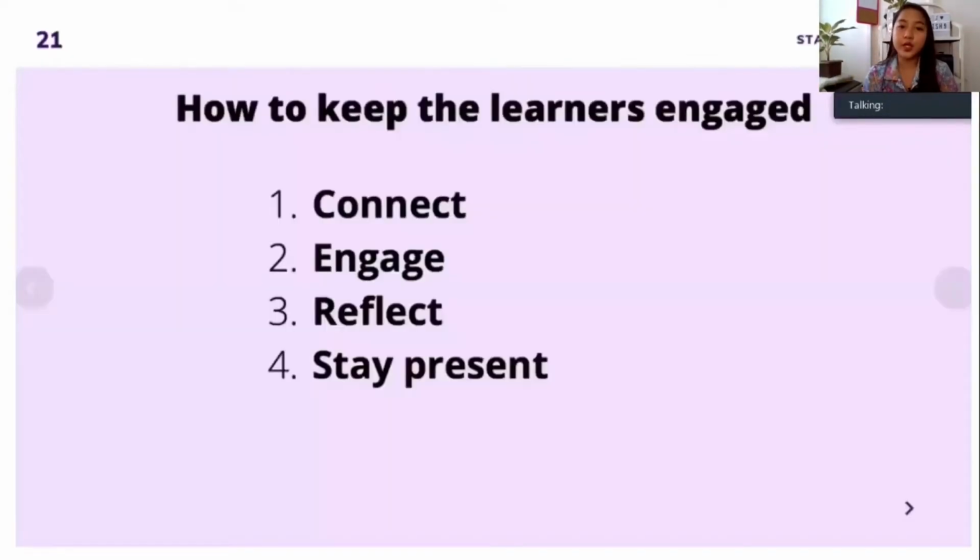How to keep the learners engaged? She said that you need to build connection, not only a connection between teachers and students, but also make sure that the learners can connect their learning to the real world. So there is really this application. Next is